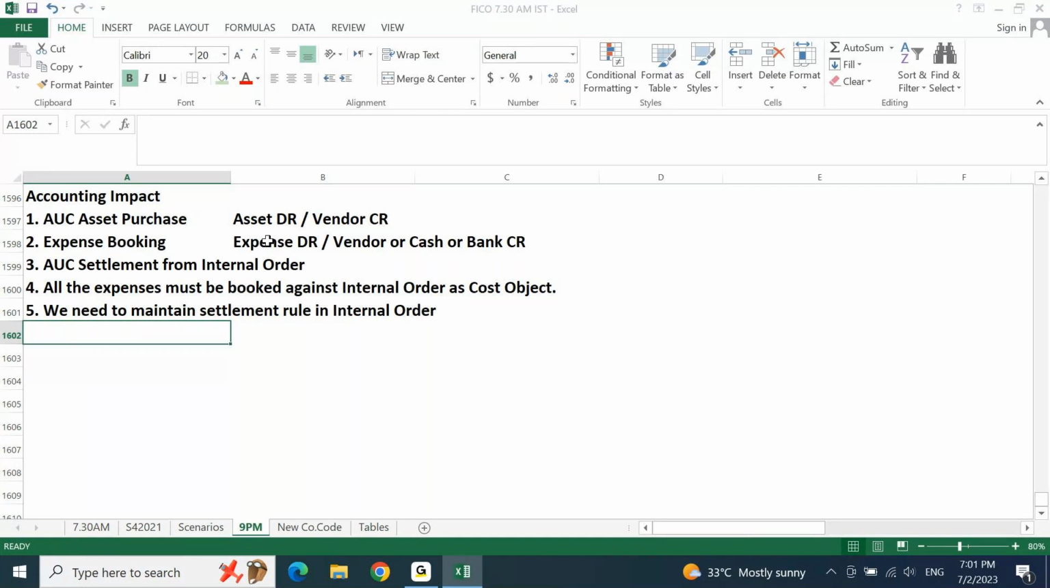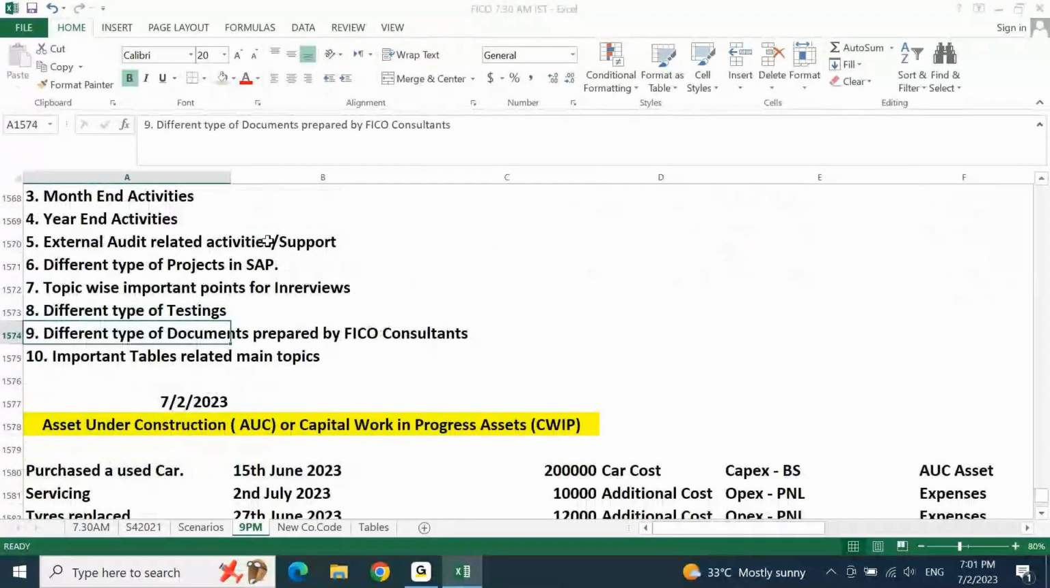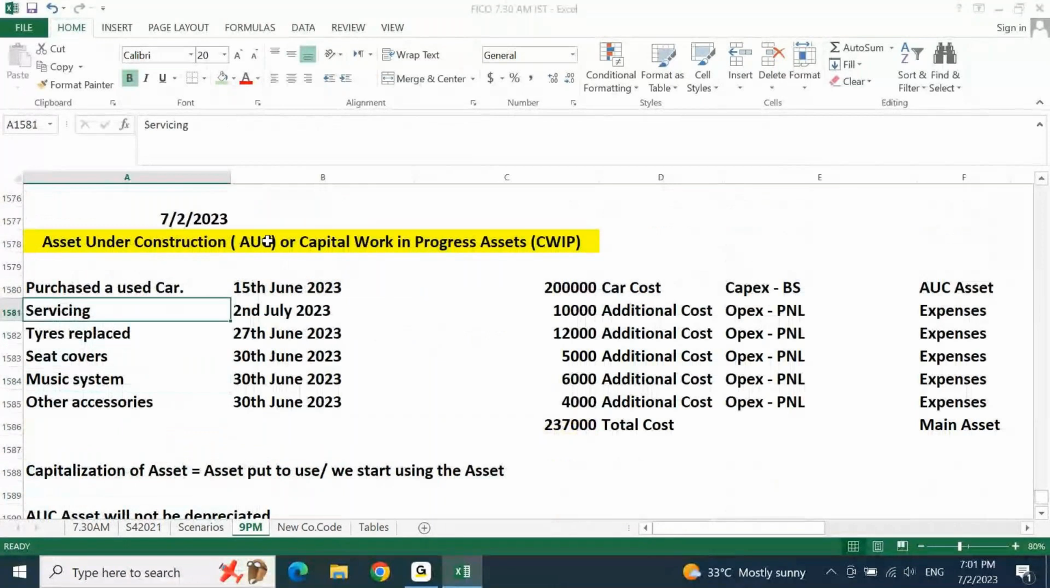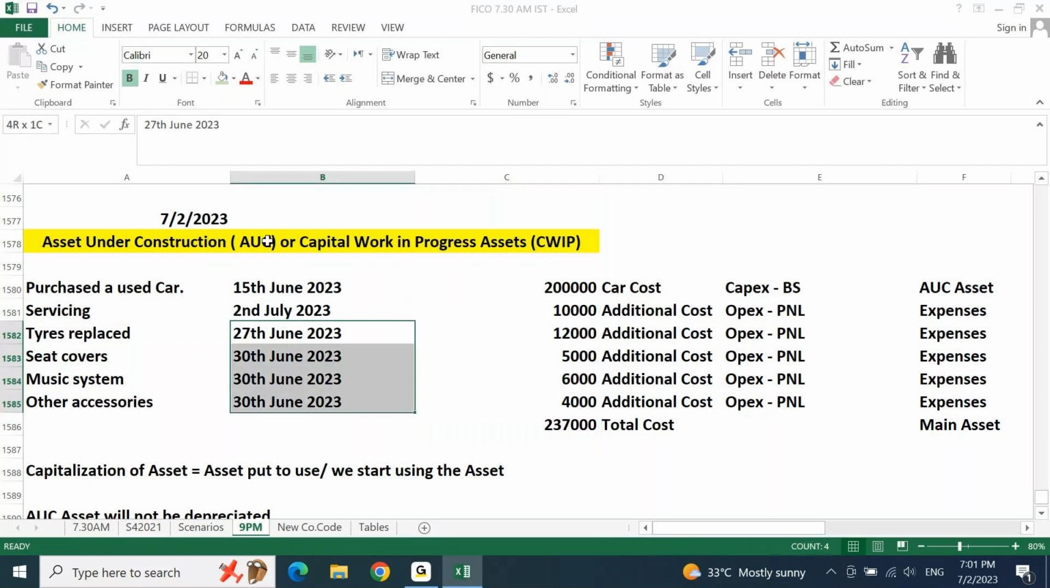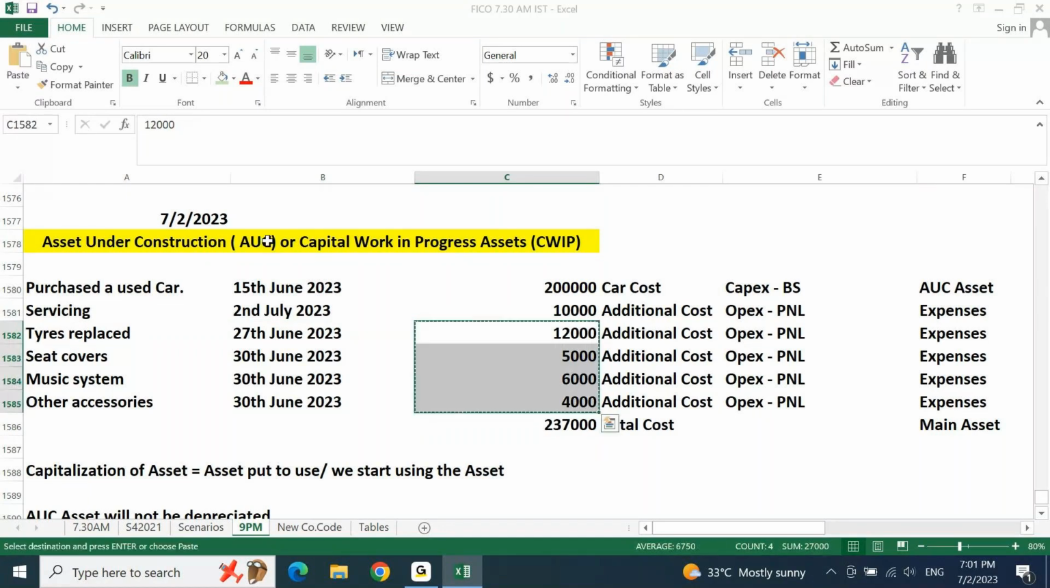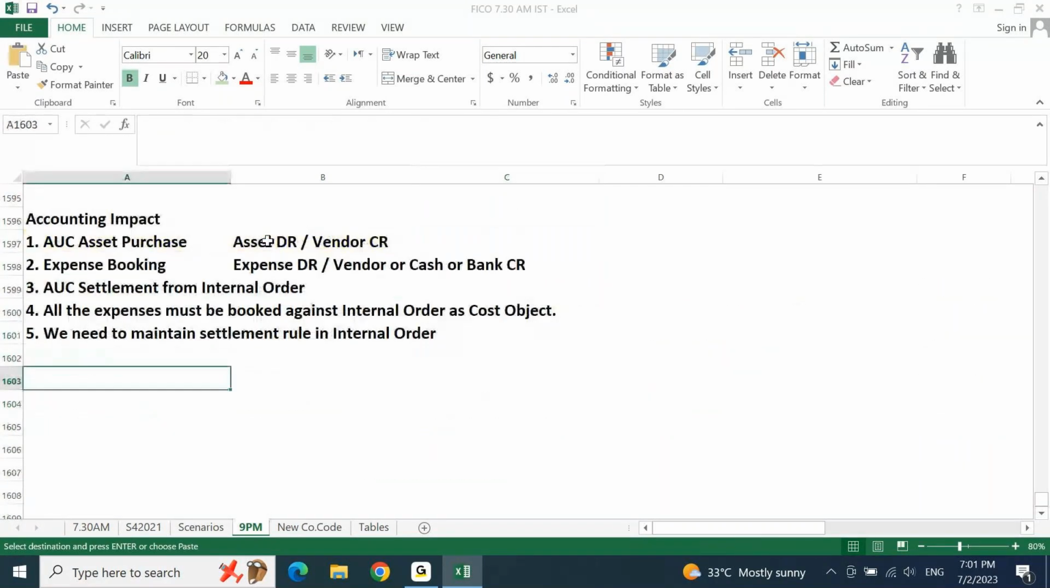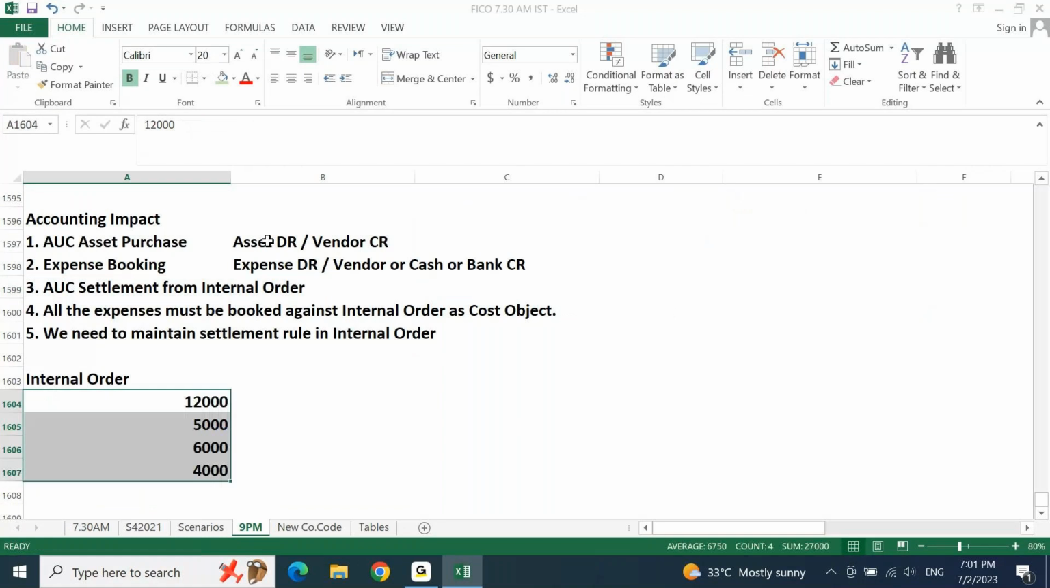Now, when I do it, let me go up. This is my cost. Out of this cost, these 4 expenses are spent in June 2023. I'll take these 4 amounts. If I look at the internal order, these are the 4 amounts that are booked in the internal order during June 2023, which is coming to